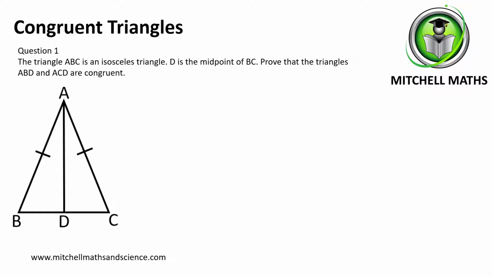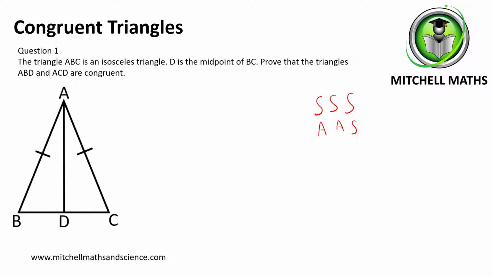What we mean by congruent triangles is where triangles are exactly the same, which means that all lengths and all angles in both triangles will be identical. And when we're trying to prove that two triangles are congruent, there's a few ways in which we can do this. We can prove that all three sides are equal, which is called side, side, side. We can prove that two angles and a corresponding side are equal,